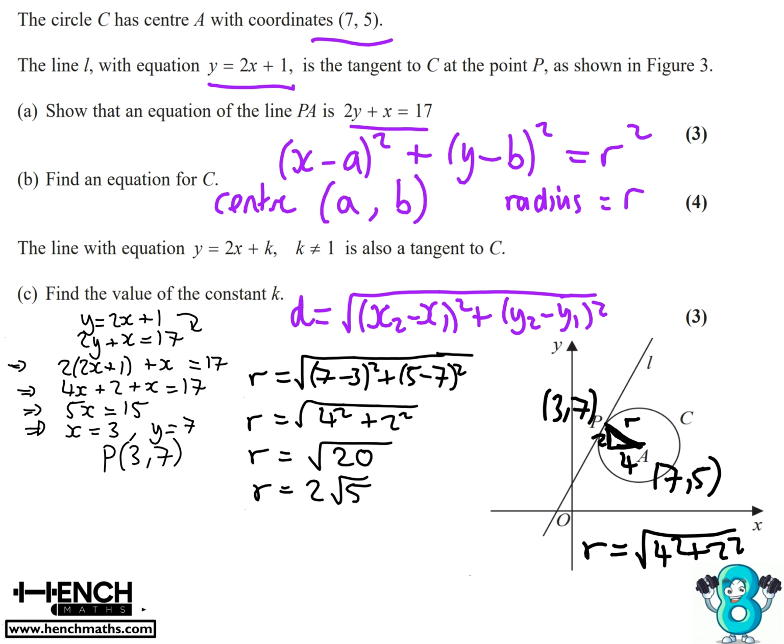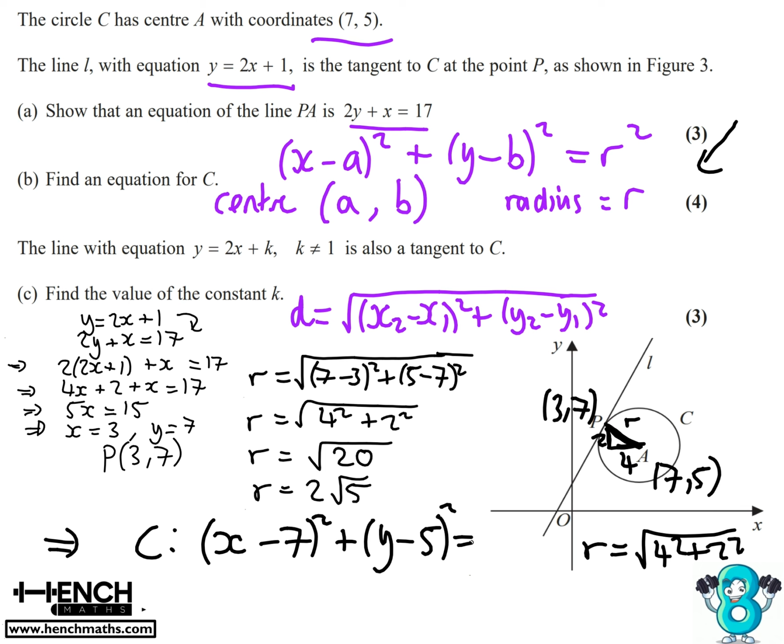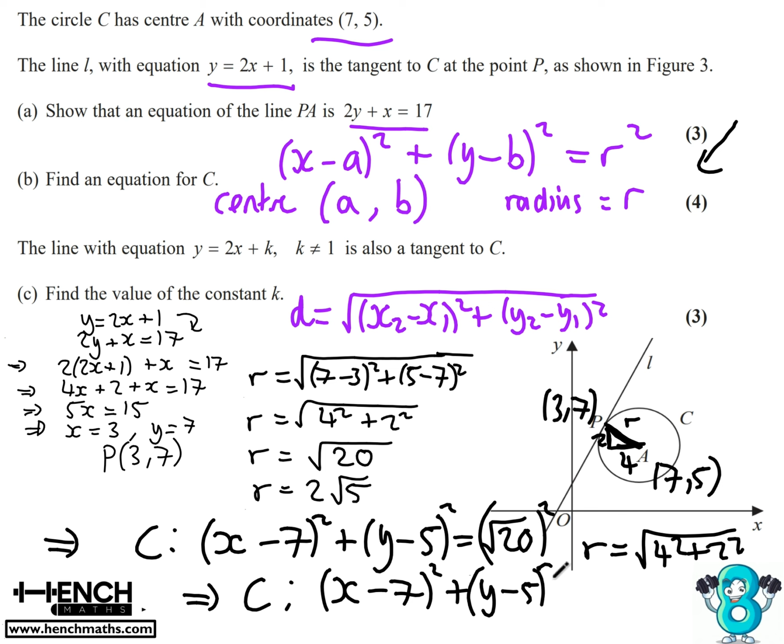Now that we know r, and we also know the centre of our circle, we can use this formula here to find the equation for c. So putting this in, our centre is 7, 5, so it's going to be x subtract 7 squared plus y subtract 5 squared, and that's going to be equal to the radius squared, so the square root of 20 squared. So this implies that the equation for c is x subtract 7 squared plus y subtract 5 squared